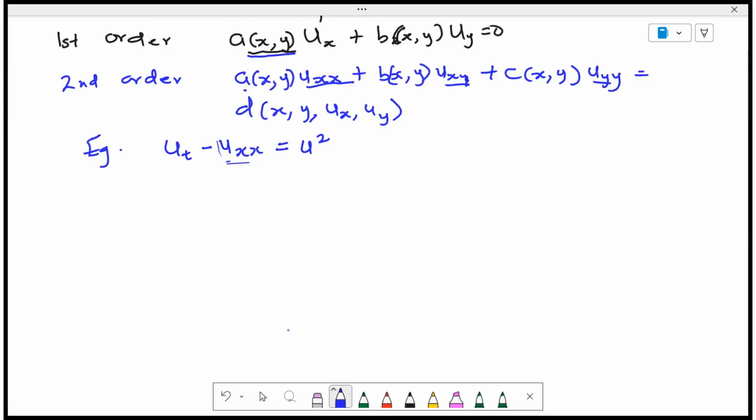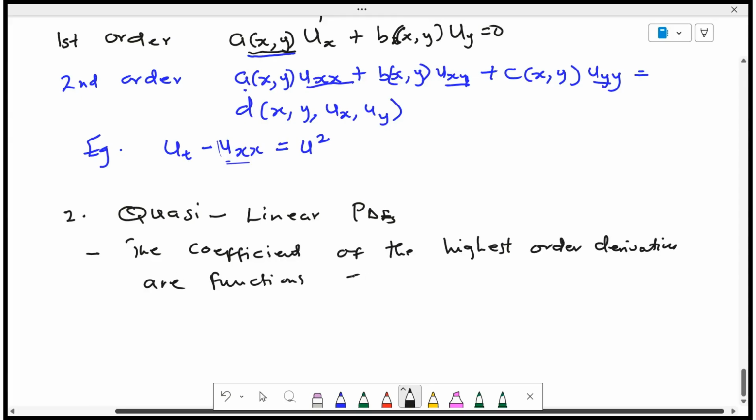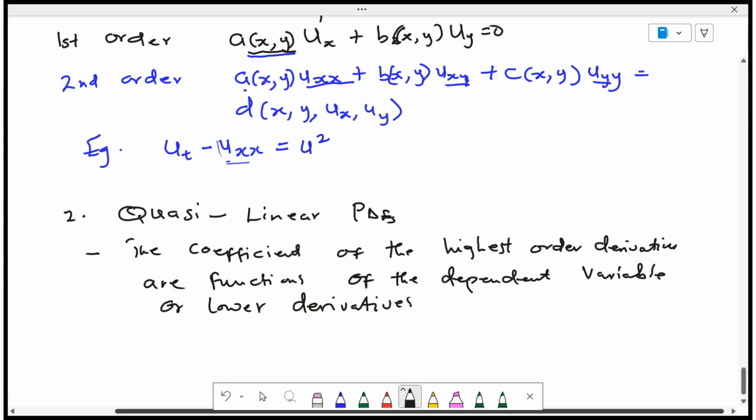So the second one is quasi-linear PDE. These are non-linear PDEs in which the coefficients of the highest order terms are functions of the independent variable. So the conditions: one, the coefficient of the highest order derivative are functions of the dependent variable, or it can be functions of the lower derivatives of the dependent